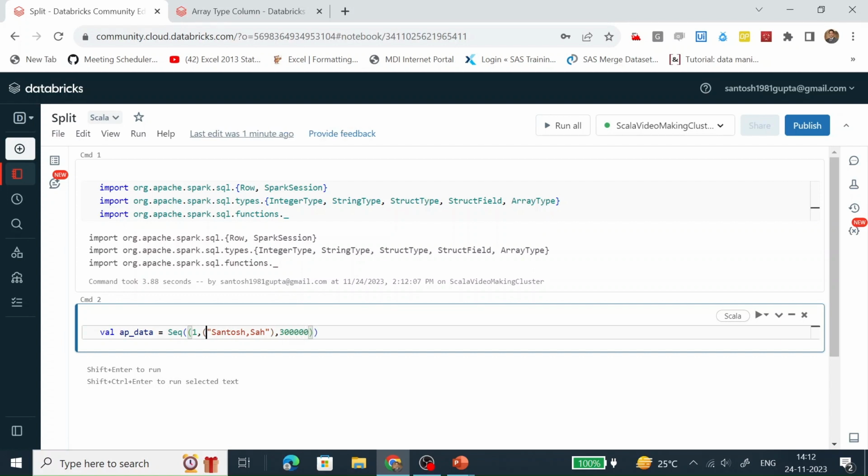This is the first object. This is second. This is third. Let's change some value.